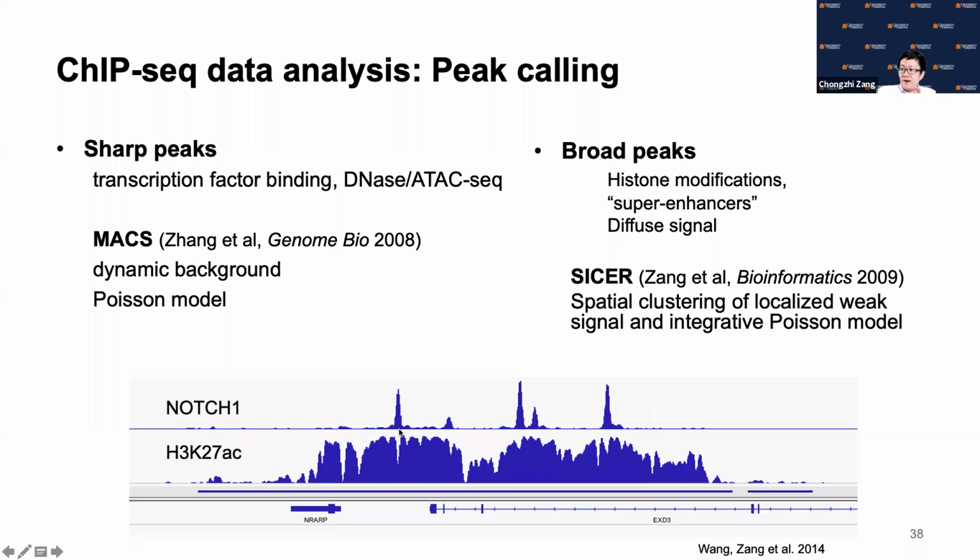So they can very precisely locate it at some location in the genome across different copies from the cell population. So they can form a very sharp peak. Whereas histone modifications,